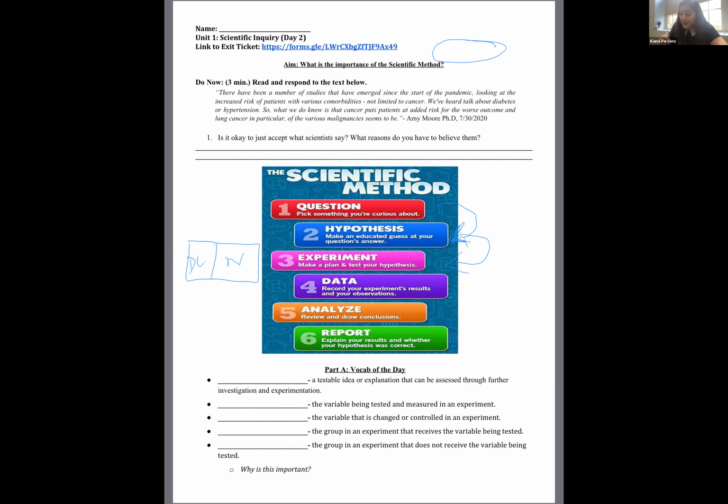once you get your data, did plants grow with Diet Coke? Did plants grow with water? You might have different methods of gathering your observations, such as measuring the height of the plant or taking daily photos. But in the end, you are analyzing the data from that one experiment and putting it in a report. And that is true, and that is the scientific method. However, we want to broaden our horizons with the idea that scientific inquiry